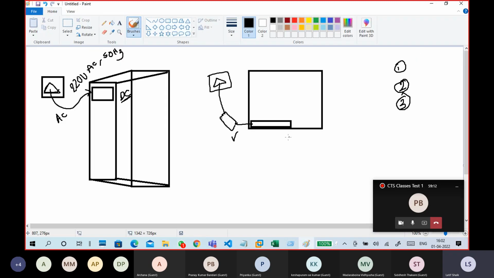So in those cases, there is heavy utilization. When we are using heavy utilization, your battery power must compulsorily be on. The battery must be connected with the charger.